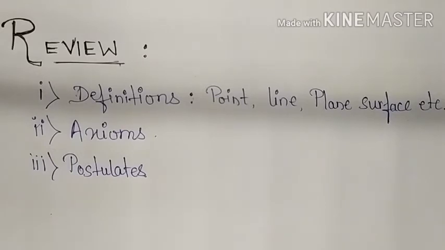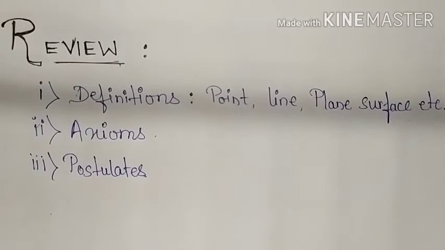We now know that axioms are the statements which are considered to be the truth without any kind of proofs. They are assumptions which are known to be true without any proofs. So, similarly, we learnt about 7 different axioms given by Euclid.